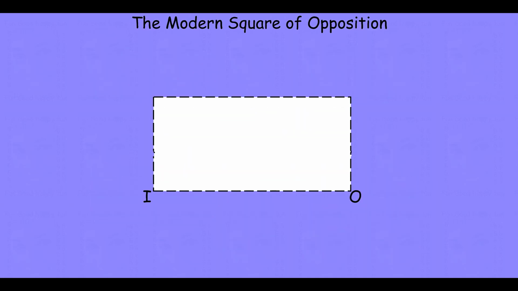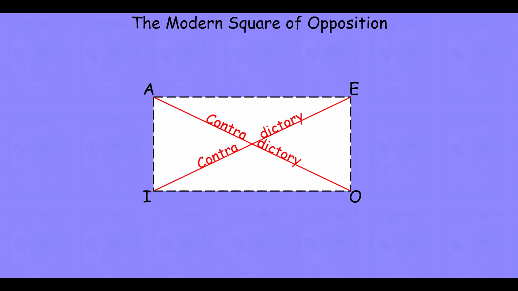The Boolean interpretation, therefore, results in the two necessary logical relationships holding between individual categorical statements: the contradictory relationship. The contradictory relationship asserts that if one of the related statements is true, the other must be false. If the first one is true, the second must be false. So if a type E statement, no herbivores are carnivores, is true, then a type I statement, a particular affirmative, some herbivores are carnivores, will be false. If a type O statement, some elephants are not from Africa, is true, then a type A statement, all elephants are from Africa, will have to be false.